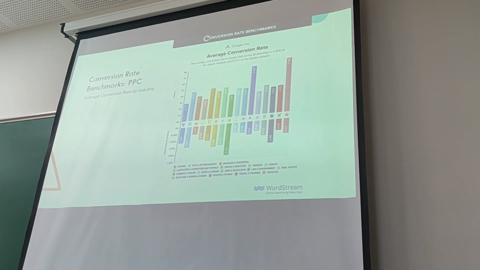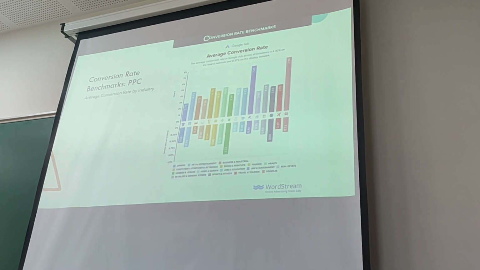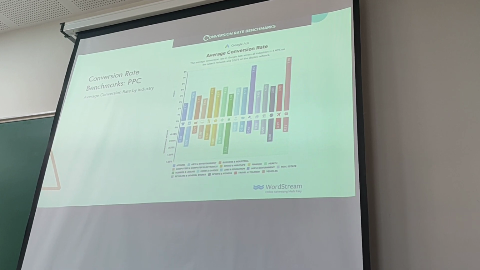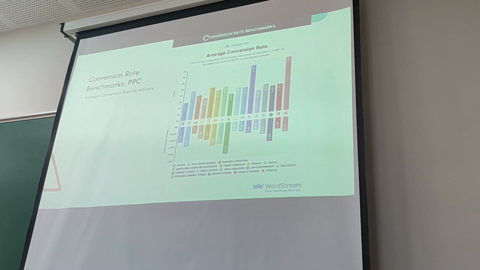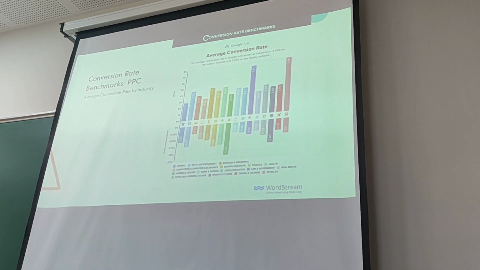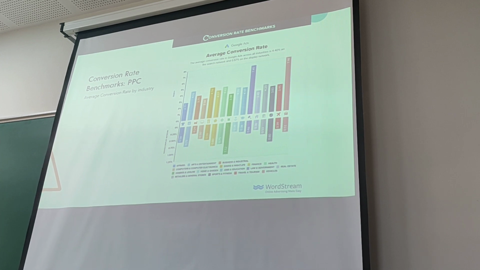So conversion rate is calculated by dividing conversions by the total eligible interactions. So the way you get this is the number of people who have clicked on your ad, the number of people who've taken the action divided by the total number of clicked on the ad, or viewed the video, for example, if it was a display ad.